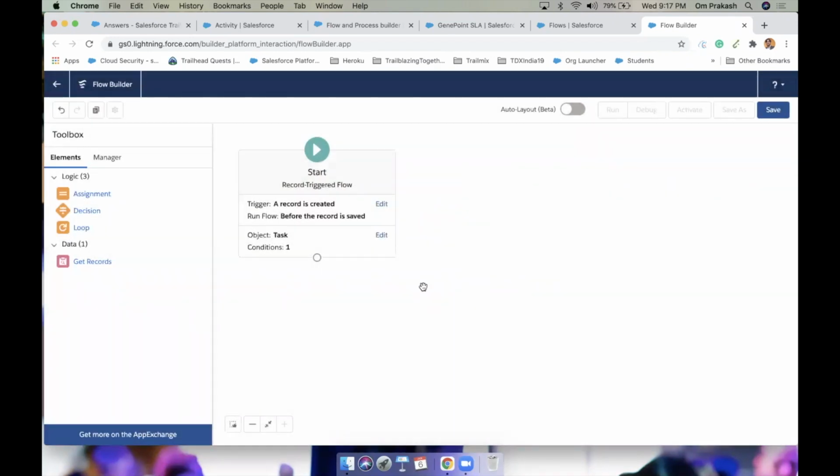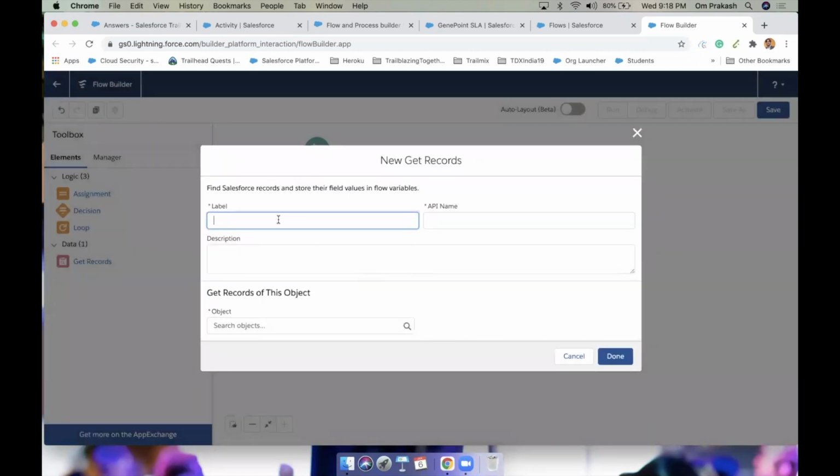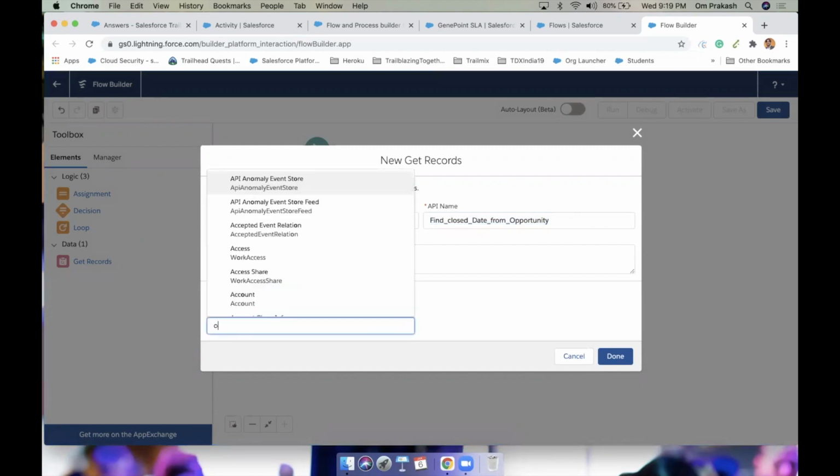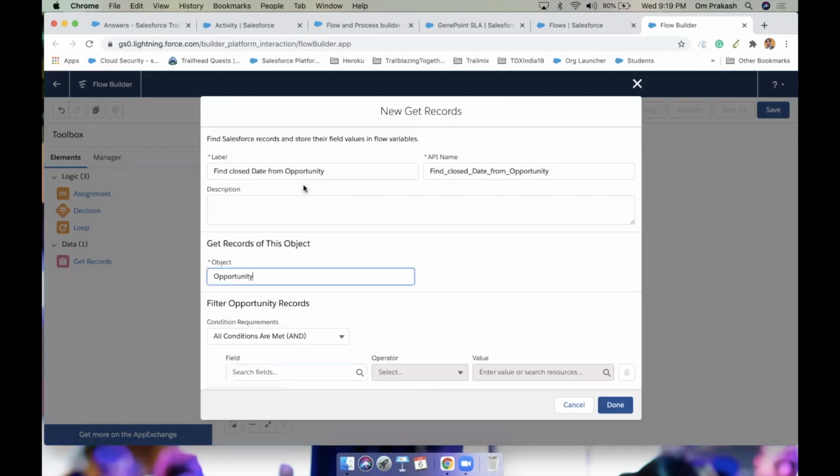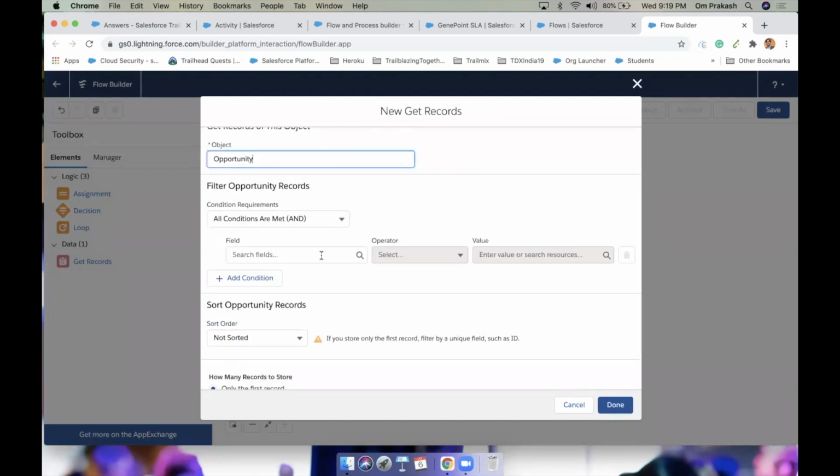Now we need to take a field from the opportunity. So we need to drag Get Records. Give a name: find close date from opportunity. Which records do we need to get? We need to search for an opportunity, so Opportunity, and what is the criteria?